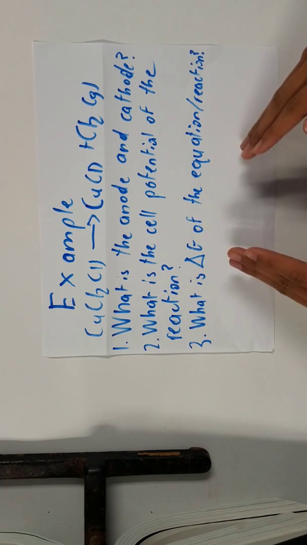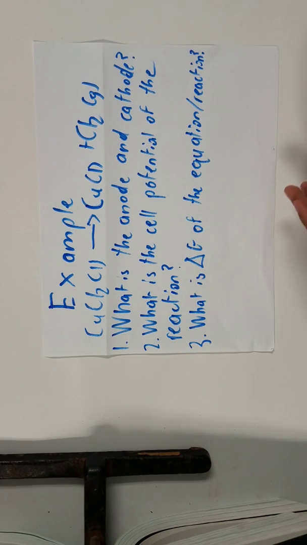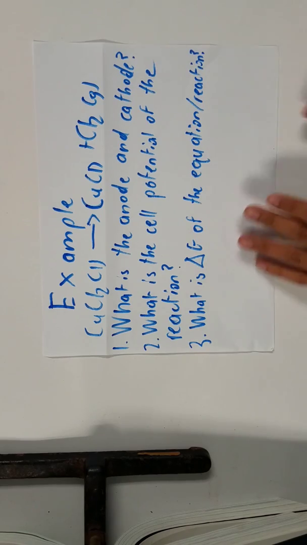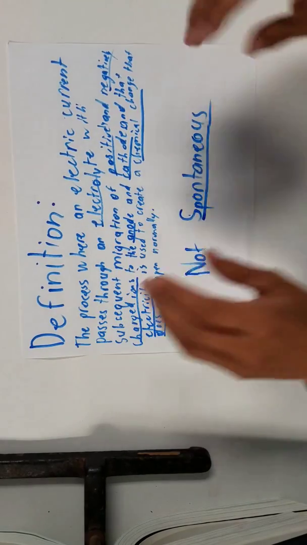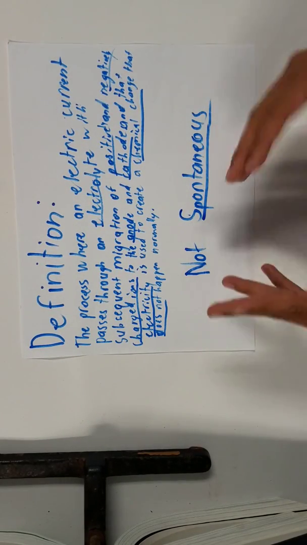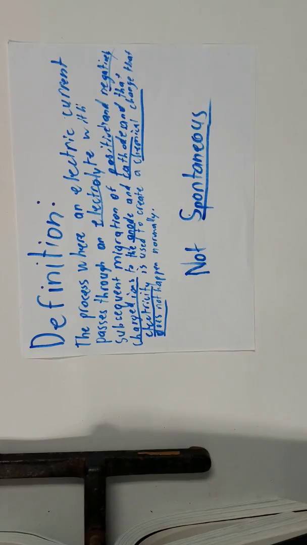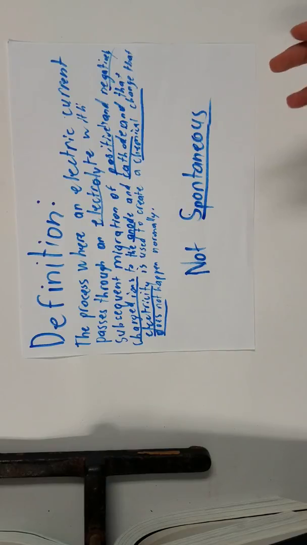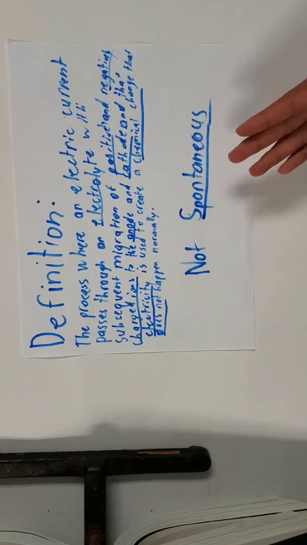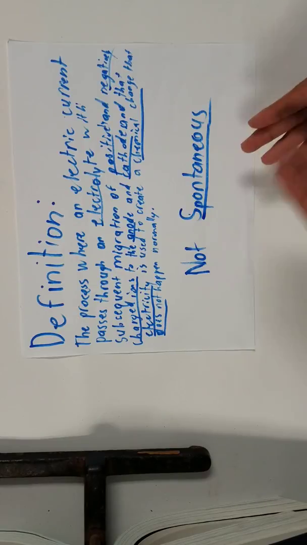This is a lot of information and a lot of questions to answer, so I'm going to take this slow and steady. To know what electrolysis is, here's a definition. It's pretty long, but I'll try summarizing as much as I can. Electrolysis is the process where an electric current passes through an electrolyte with subsequent migration of positively and negatively charged ions to the anode and cathode, and electricity is used to create a chemical change that does not normally happen. In other words, electrons are passing through some object, and it's creating a process that